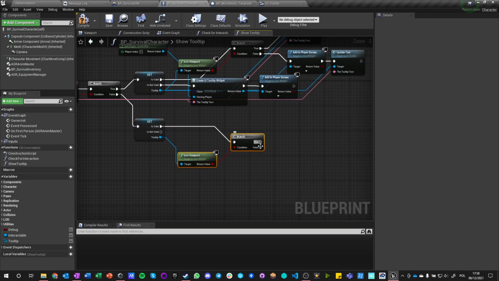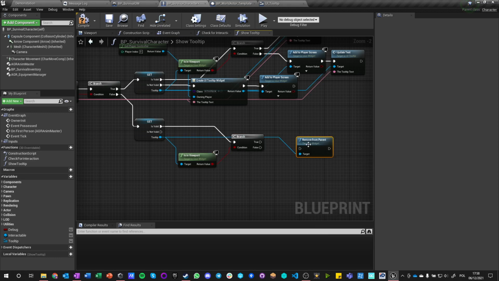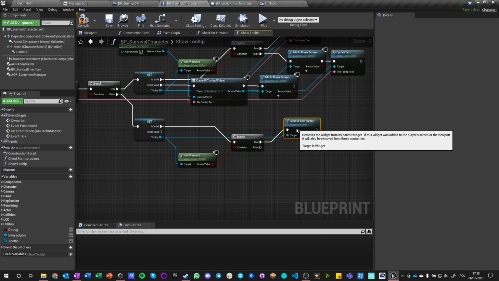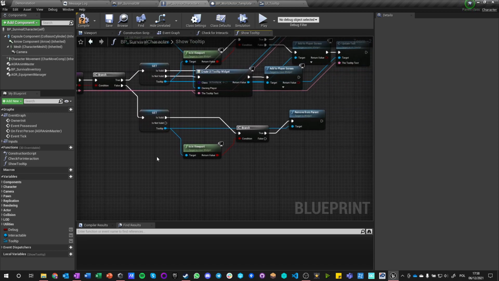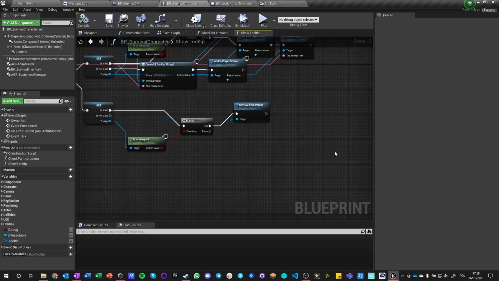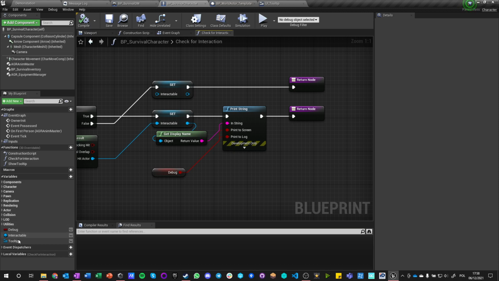So if it is in viewport, then we want to remove from parent, but we don't want to destroy it, so we just want to hide it. And if it's false, so if it is valid but it's not in viewport and we want to hide it, then do nothing. So we got this function, and we go back into here, and we can say